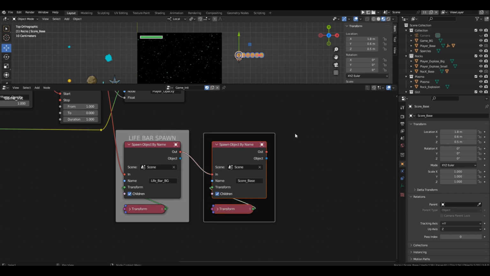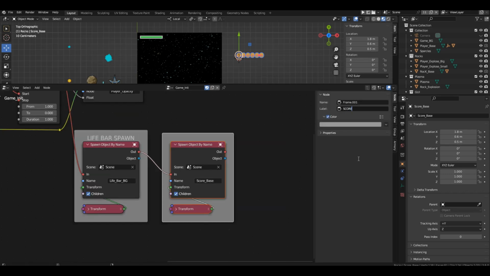Now, let's create the score variable. We will increase the score every time a plasma hits an asteroid, so it would be logical to change this variable in the plasma collision branch. Each time a projectile is destroyed, we will add 1 to the score variable. However, at the same time, we should also change the appearance of the digits. To avoid cluttering the plasma collision branch, I suggest creating a separate logic branch for the score bar, which we can attach to the background, for example.